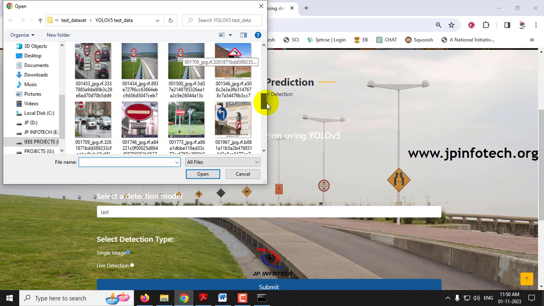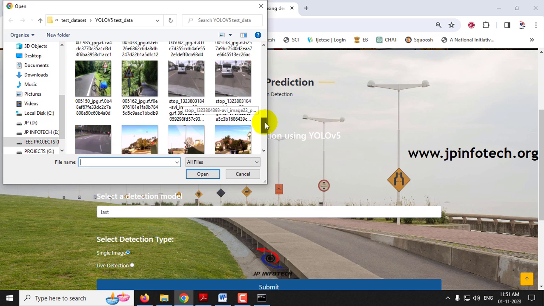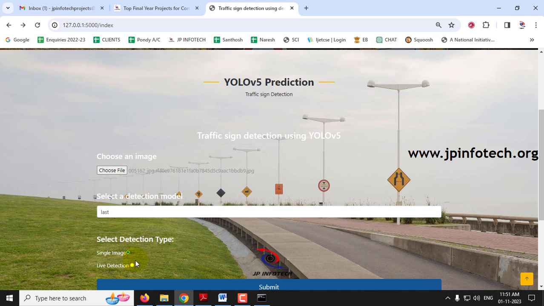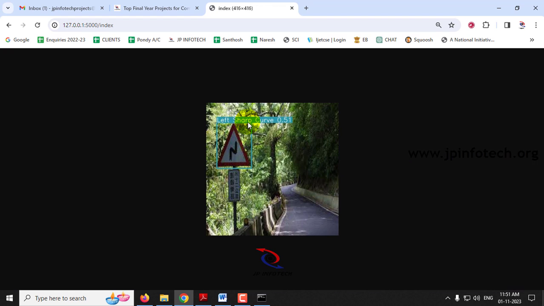The two images were not printed correctly, that is, there is no entry, and this one, so it has predicted another case. Now let me check with a final image. Let me check with this image and then click submit. Now you can see it has correctly marked the traffic sign, and it is also showing the left sharp curve.